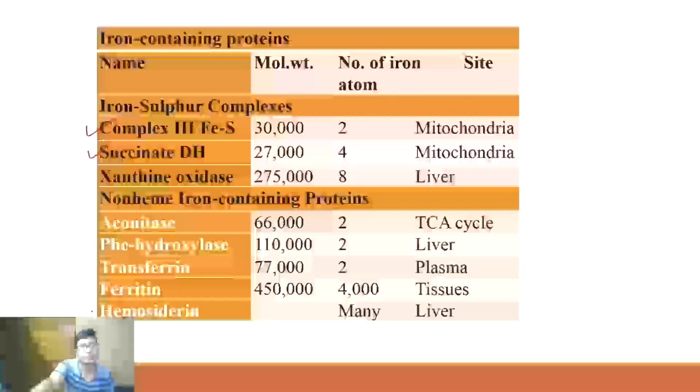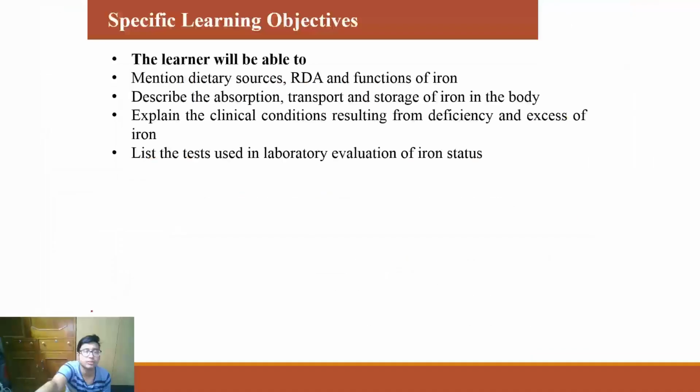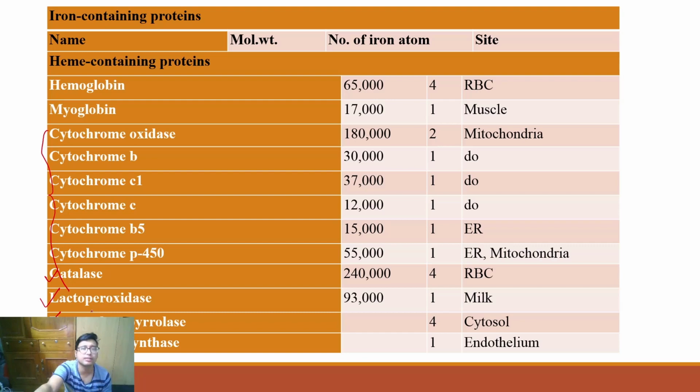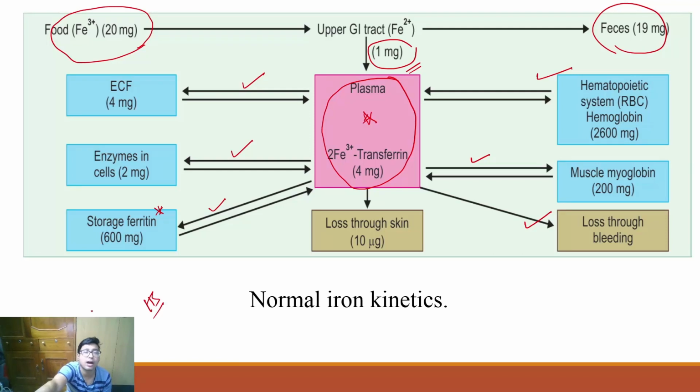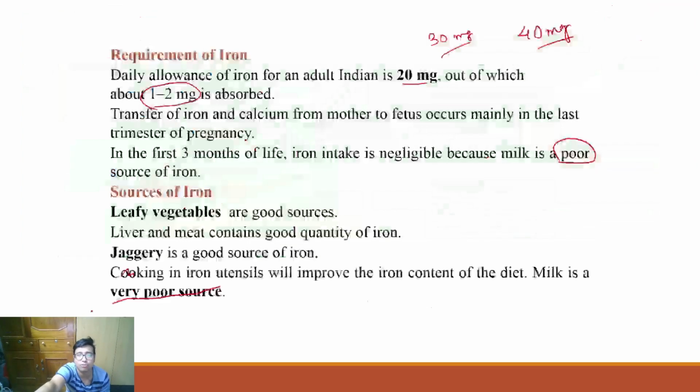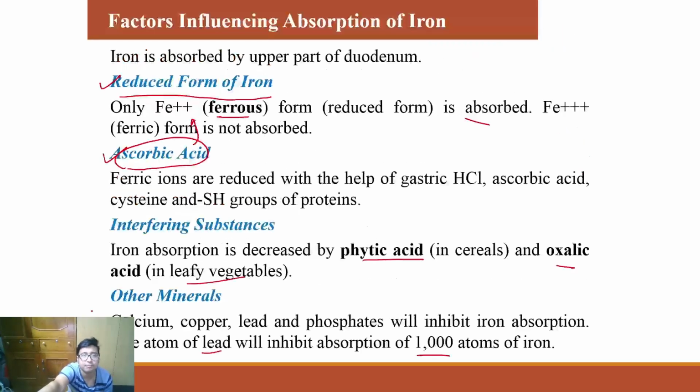Okay, so let us recap once again what we studied in this class. We talked about the total level of iron, we talked about few enzymes and proteins that contain iron, we talked about how iron is circulated from various storage forms and what are the losses of iron normally and abnormally, and how much iron we eat and what is absorbed. Next, we looked at the requirement of iron and we took a note that milk is a very poor source of iron, therefore nature has designed the fetus so that it takes up all the sources of iron from the mother. The sources of iron in case of adults are green leafy vegetables and jaggery.